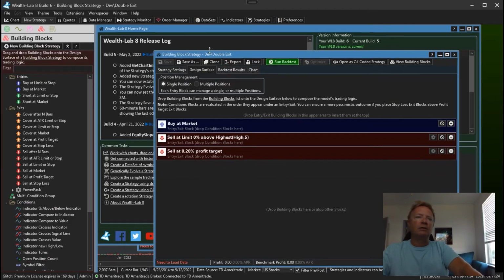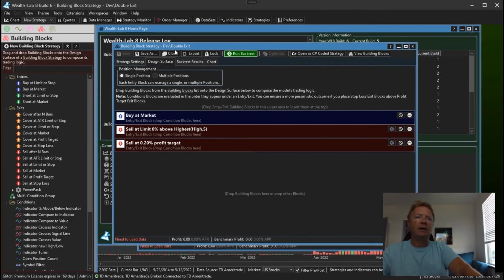So this particular strategy that I mocked up has a single entry and it has 2 exits, and they're actually both limit orders. So one is exiting at the highest high at limit and another is exiting at a 0.2% profit target limit. So the problem was that the auto trading was placing both of those exits, and when one